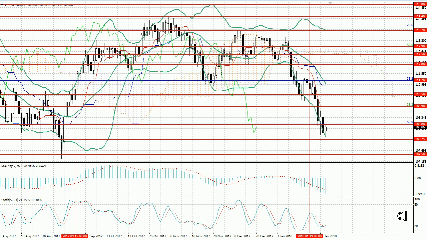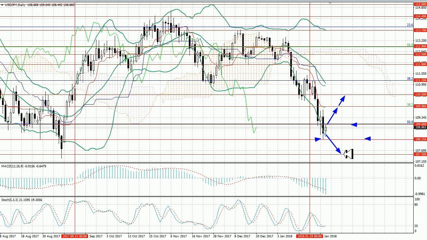The pair USD/JPY dropped last week to the level of 108.25, but today it is trying to adjust. The breakout of the level of 109, which coincides with Fibonacci correction of 50%, may lead to the continuation of growth to the levels of 109.90 and 110.50. Otherwise, the price may return to the level of 108.25 and continue the decline to the area